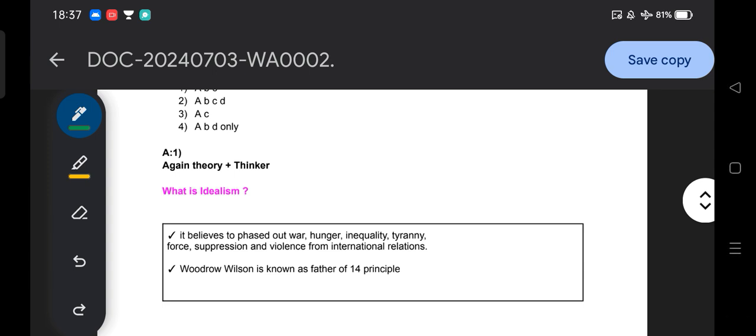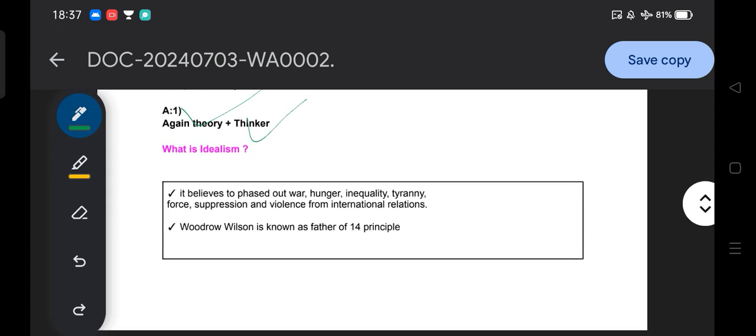Again, I am trying to reiterate that theory and thinkers are our main objective. So what is idealism? Let's have a brief idea about idealism. Idealism believes in phasing out war, hunger, inequality, tyranny, force, suppression, violence from international